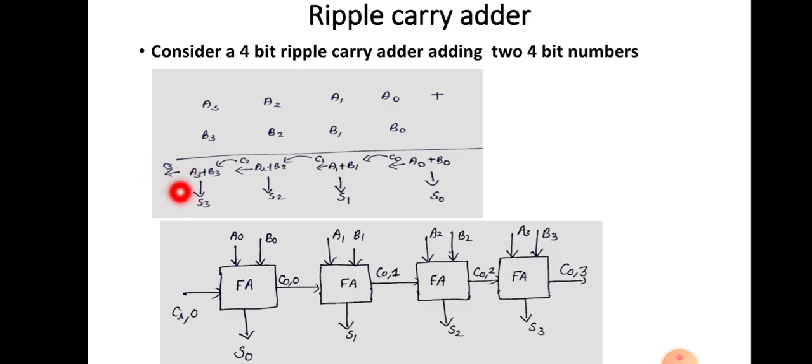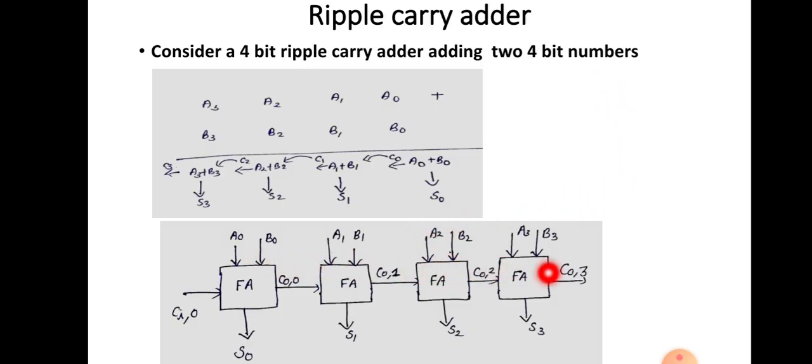the last stage carry will be calculated only when it obtains the carry from the previous stage, and that stage will calculate its carry only when it gets the carry from its previous stage. So every stage has to wait for the previous stage, so the delay will be very high. That means if there are a large number of stages, then the last stage will have to wait for a long time. So we have to reduce this delay, then only we can proceed. So this is the problem with the ripple carry adder, and that problem is reduced in the case of the carry bypass adder, that we will see.